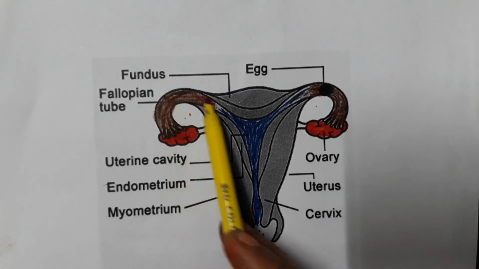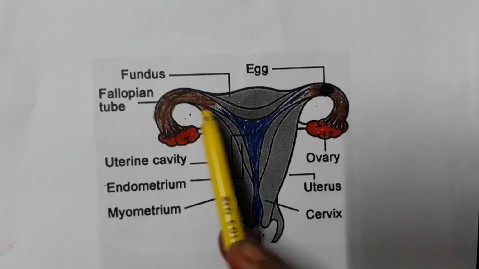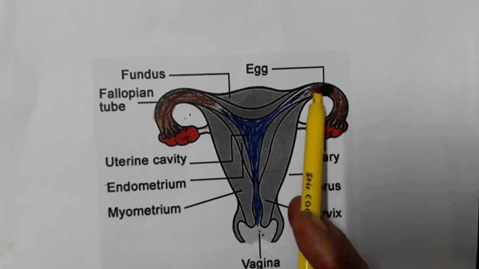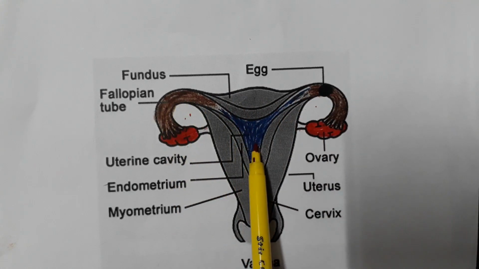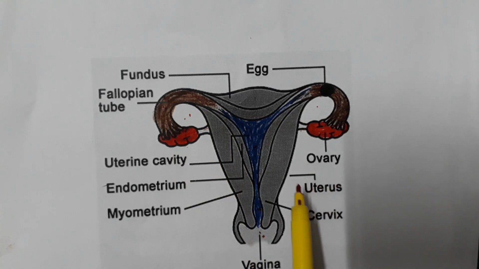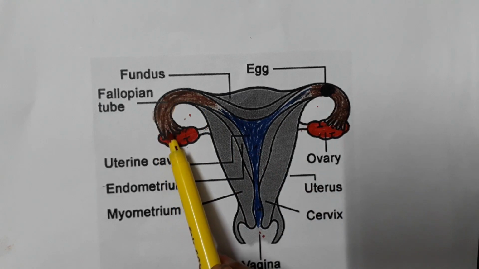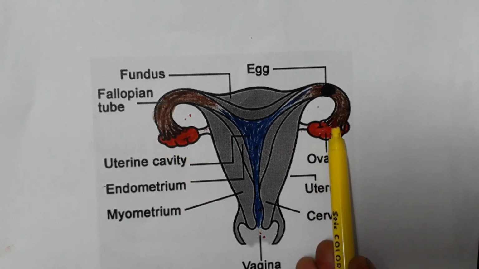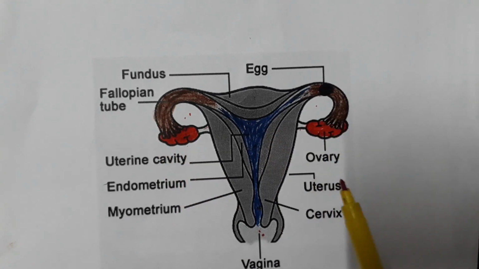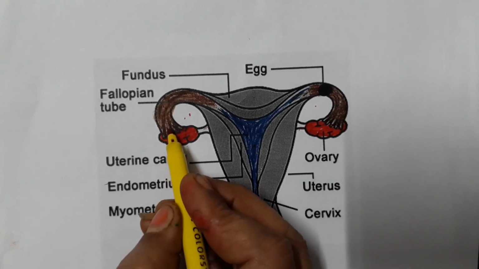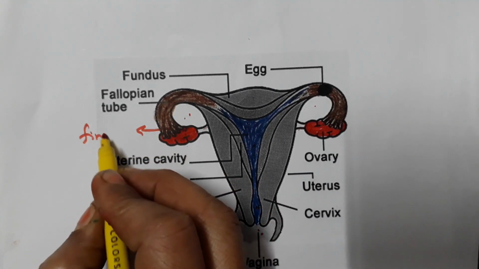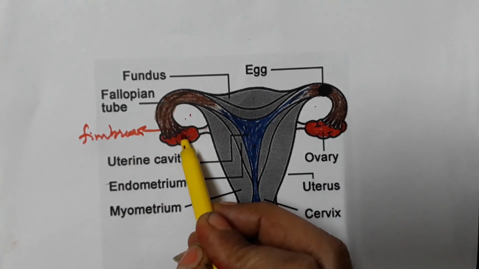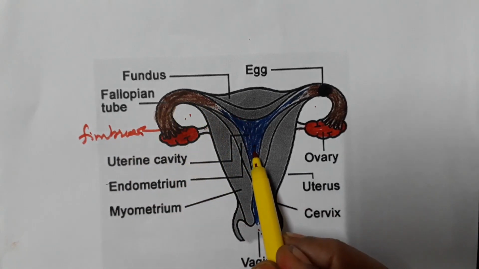Next part is the fallopian tube. These are the fallopian tubes. There are two oviducts. These two oviducts of both sides unite together and open into the third part of the reproductive system, that is the uterus. इसके अलावा और क्या हम फलोपियन ट्यूब में ऑब्जर्व कर रहे हैं? At the terminal end of the fallopian tube there are finger like projections. These finger like projections are known as the fimbriae. What is the function of these fimbriae? They help in collecting the egg from the ovary and passing it to the uterus.